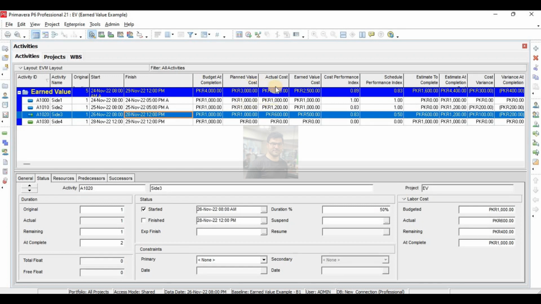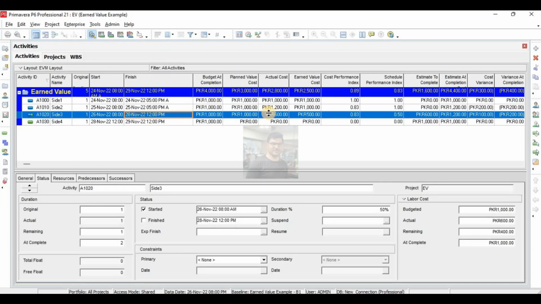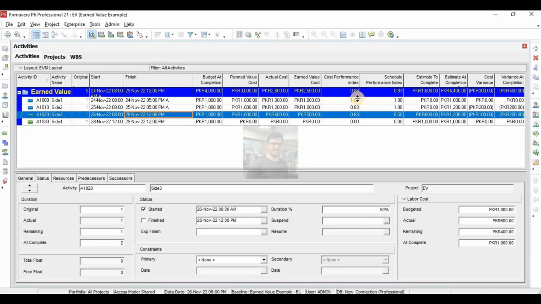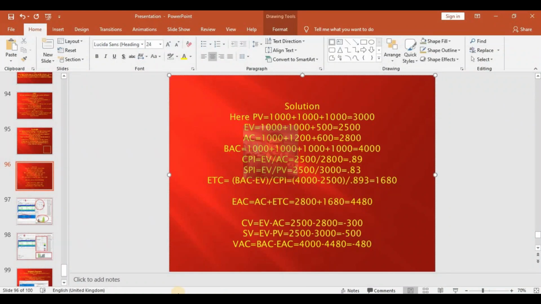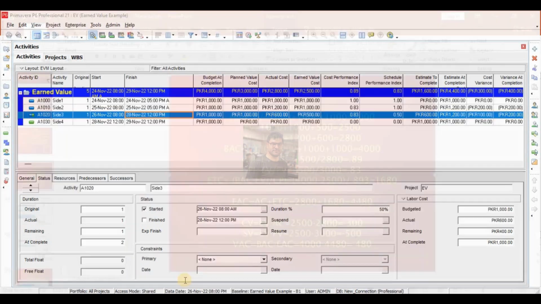Check in Primavera earned value is 2500, and actual cost is 2800. Check in Primavera actual cost is 2800. Then our CPI is 0.89, same 0.89. SPI is 0.83. SPI is also here 0.83.